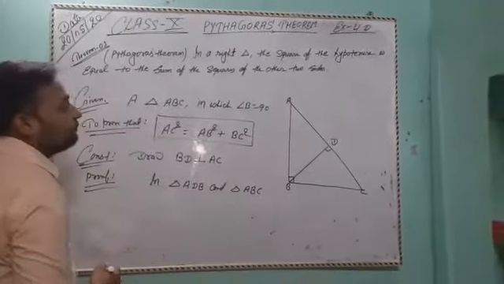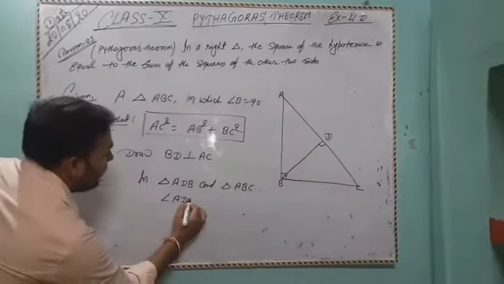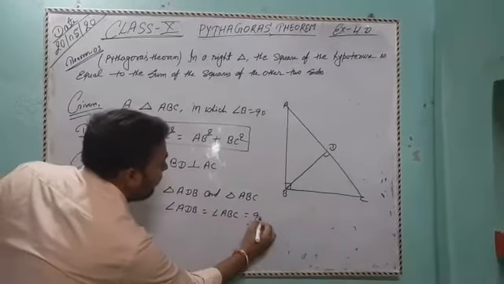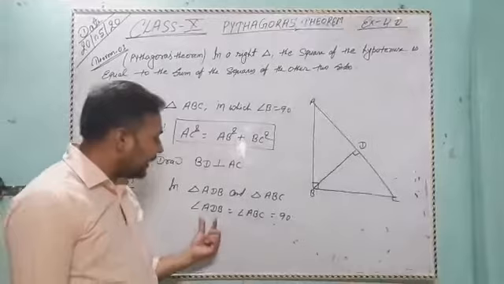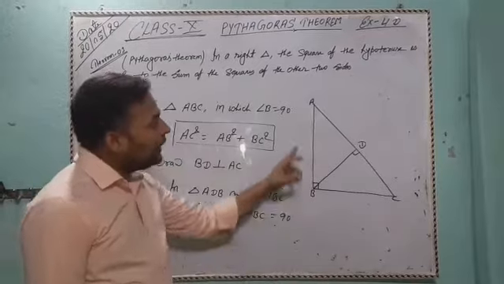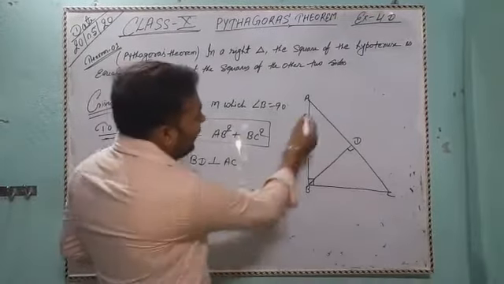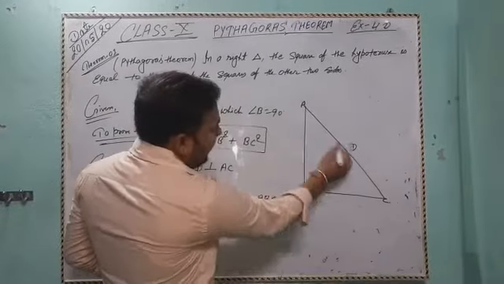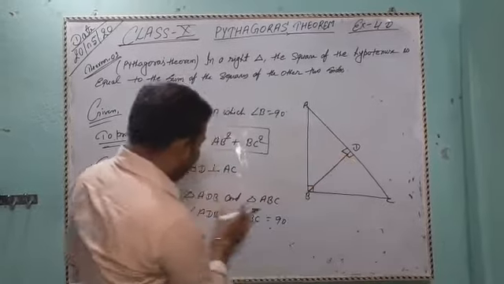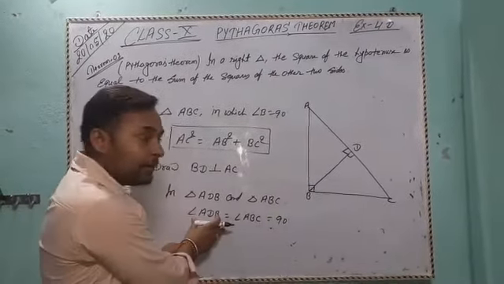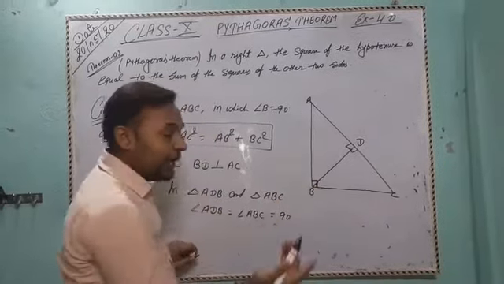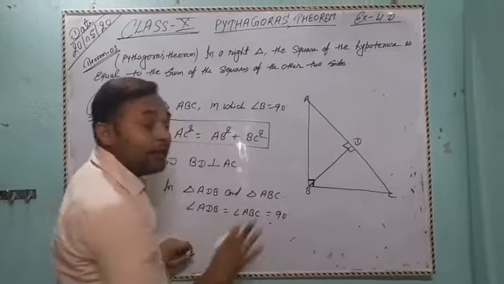angle ADB equals angle ABC. Angle ABC equals 90 degrees. Students, angle ADB equals angle ABC equals 90 degrees. So in triangle ADB, which is a right angle triangle, angle ADB is 90 degrees, and in the big triangle ABC, angle B is 90 degrees. So angle ABC equals 90 degrees, each